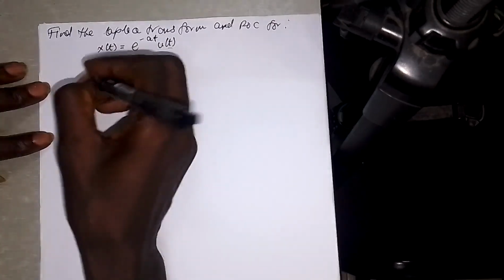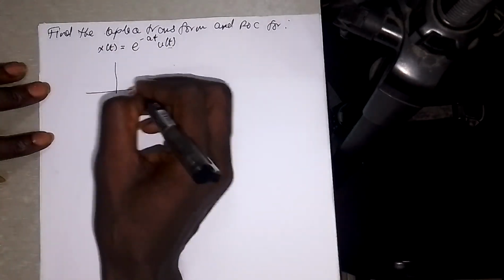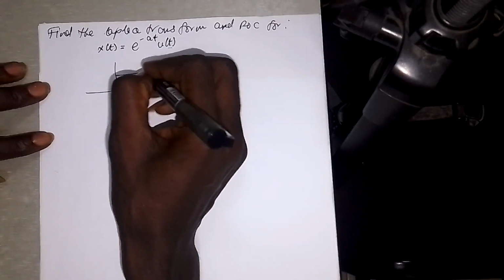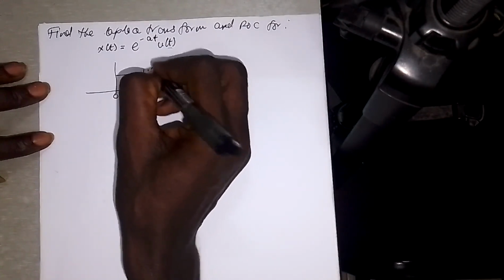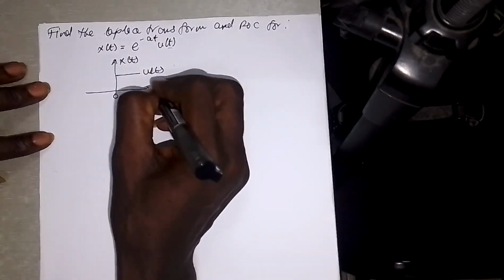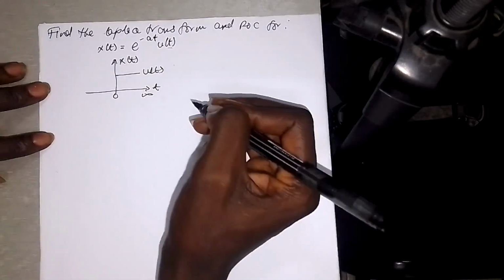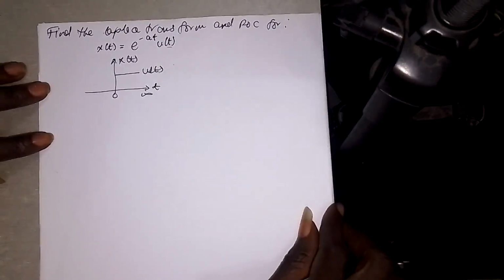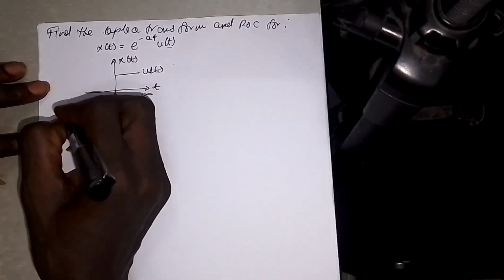this u of t. So here we can just say that this is 0. Here is u of t, here is x of t, here is t. Okay, so it's going to go this way. Okay, so now let us just briefly find our